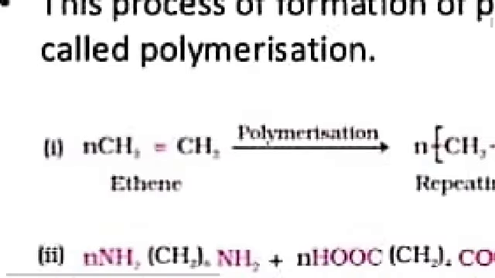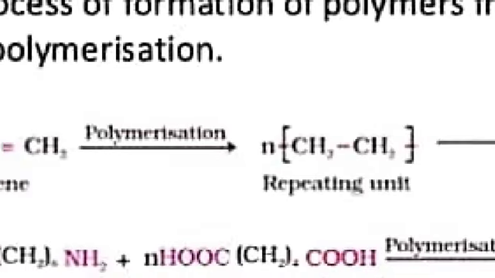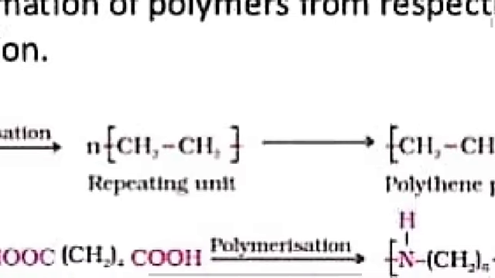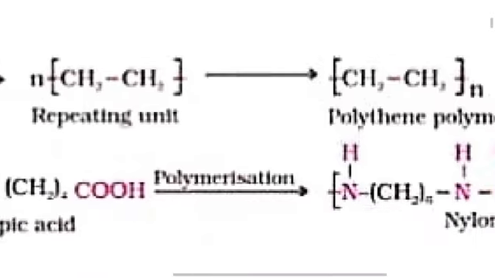Now for example, this is ethene, CH2 double bond CH2. Now I have n molecules of ethene. When you heat it, polymerization means these ethene molecules will combine together to form (CH2-CH2)n. Now these are repeating units, and it forms the polythene polymer. Here you can see on the left side a bond is free, and on the right side, because this CH2-CH2 would be repeated many number of times to give the polythene polymer.